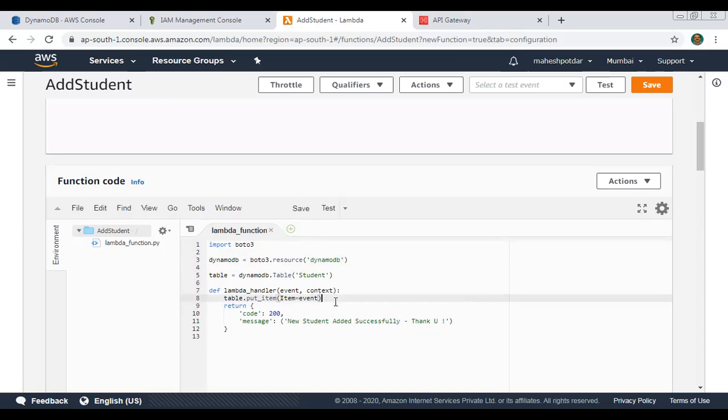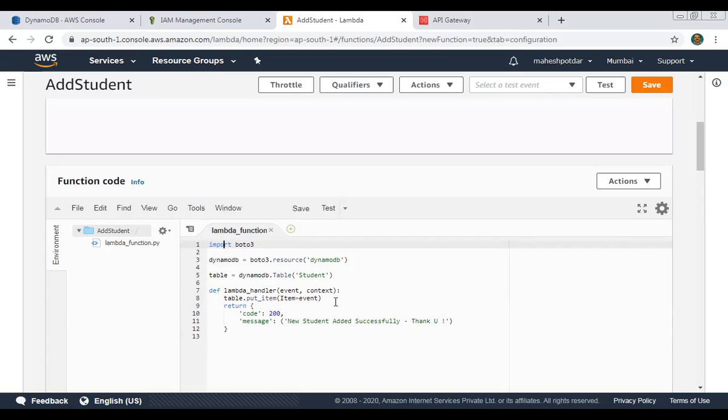Here the procedure is to import Boto3. Boto3 is an SDK provided by Amazon. The documentation of Boto3 is available on the internet, so before using these functions, please visit and read the documentation. They have provided the functions also.